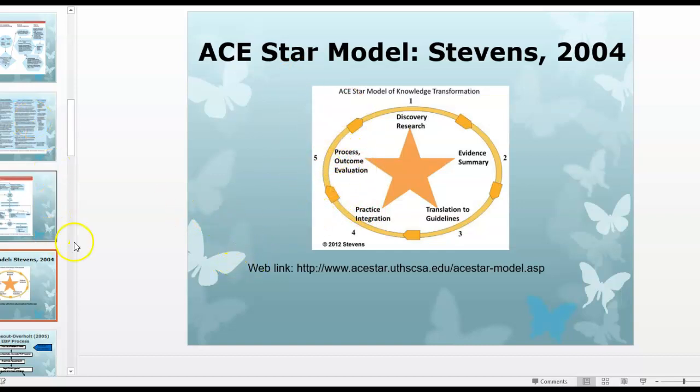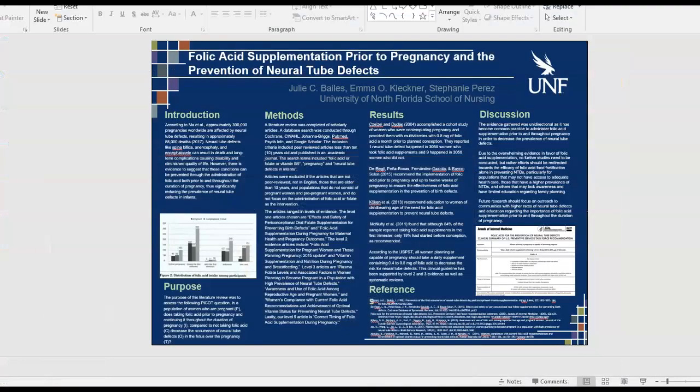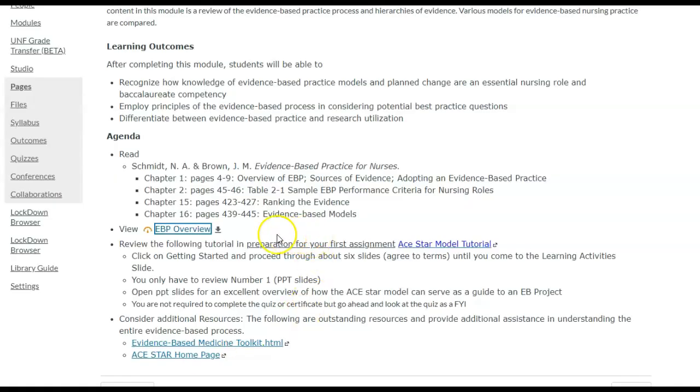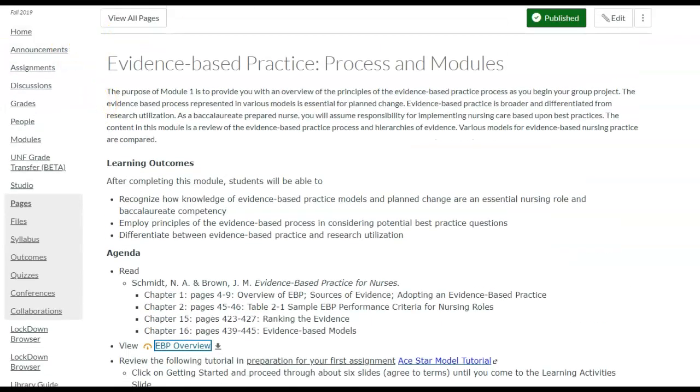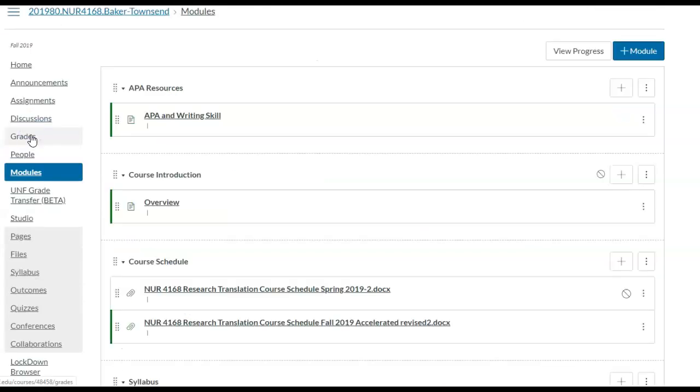So you guys, you're going to have to pick one of these models for your poster because that's one of the requirements, is to say which model we are following. Okay, so now I'm going to go back to getting everything started for our poster. So go back to modules,